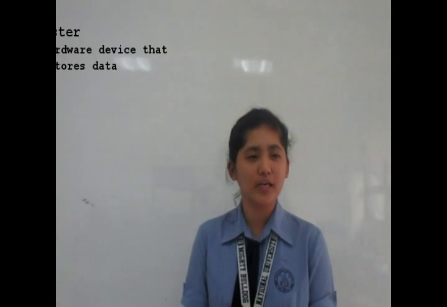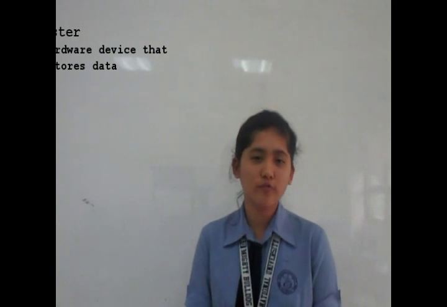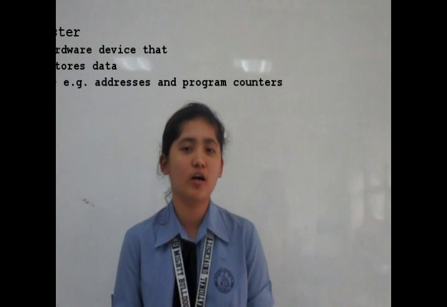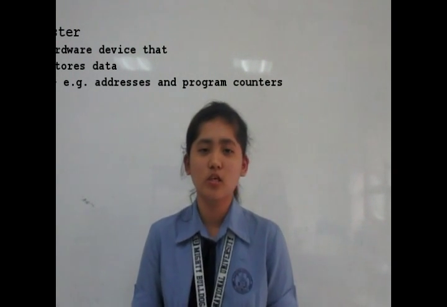Now that we already know the two main components of the processor, let us now talk about the components of its data path. First, the register. What is a register? A register is a hardware device used to store a variety of data, such as the addresses, program counters, and other data necessary for program execution. The elaborate discussion of the register will be on the next topic, so now let's proceed to the ALU, or